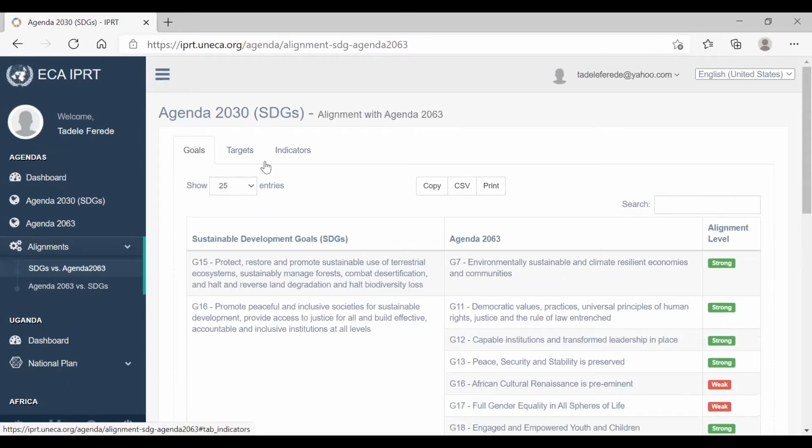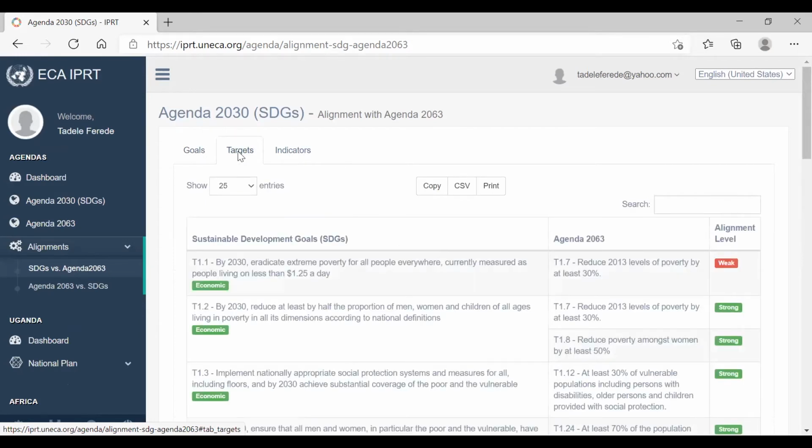All right. So again, you can also look at target level alignment. You can click the target here. Now here you have